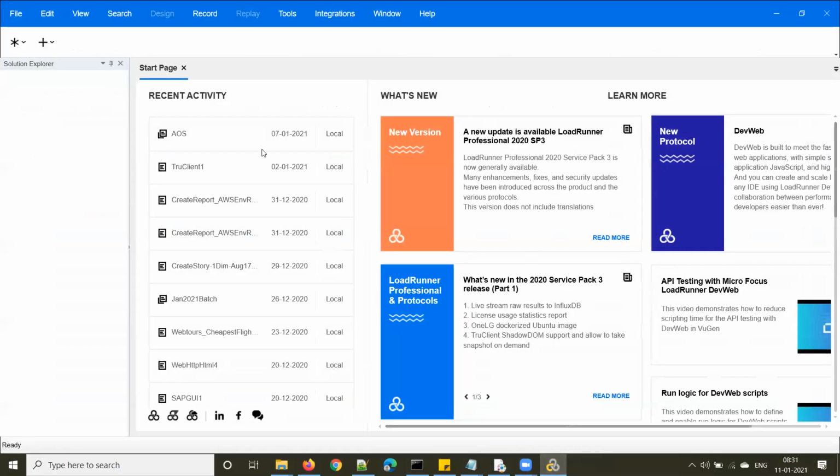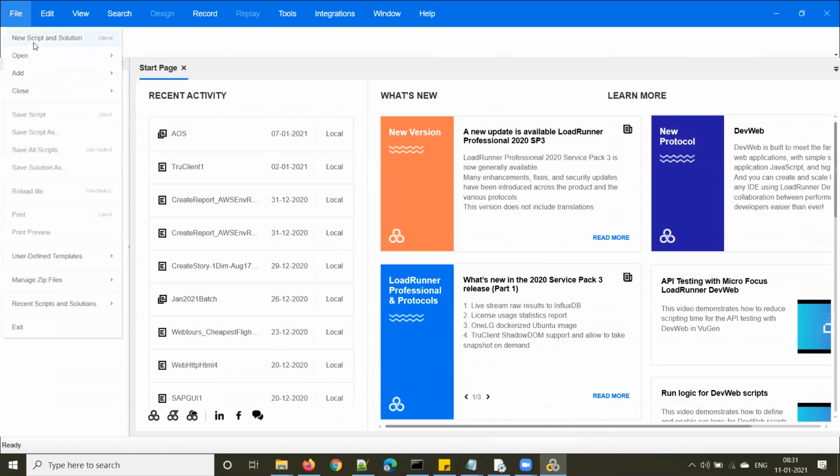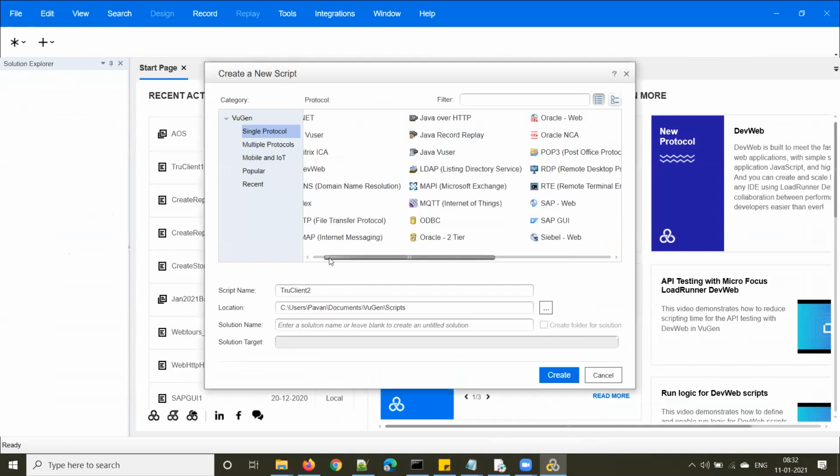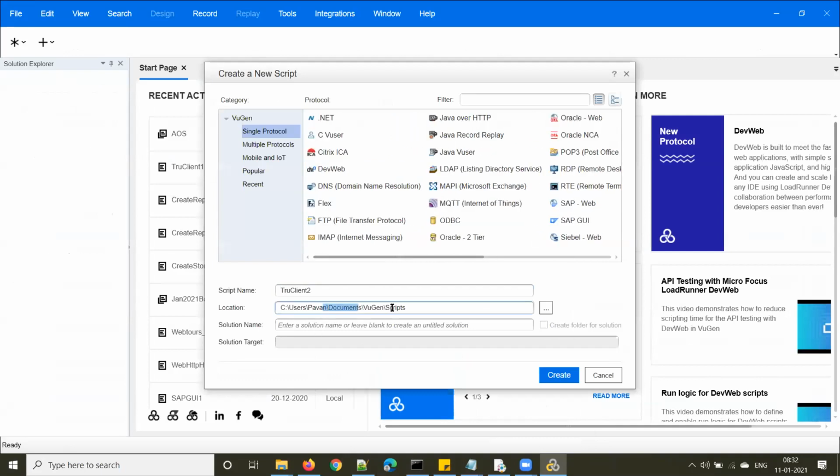Now go launch Vusion. Once we have verified that your steps are working fine and you are able to navigate manually, then go to File. We already created a project, right? So File, New, Script and Solution. We already created a project called WebTours, right? In Documents, Vusion, Scripts, in this folder.